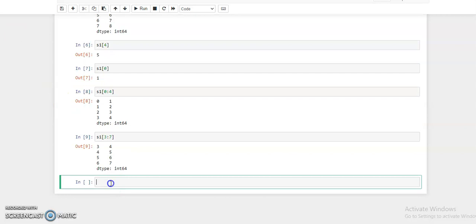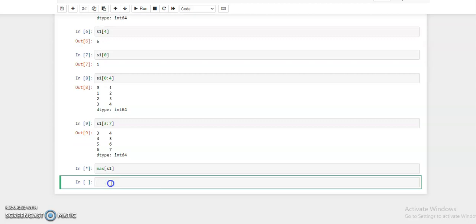Now, if you want to fetch the maximum or minimum value from the list, we have the max or min function. Suppose we need to find the maximum value in the list. We use the max function and square brackets and pass the series name S1. Shift plus Enter.